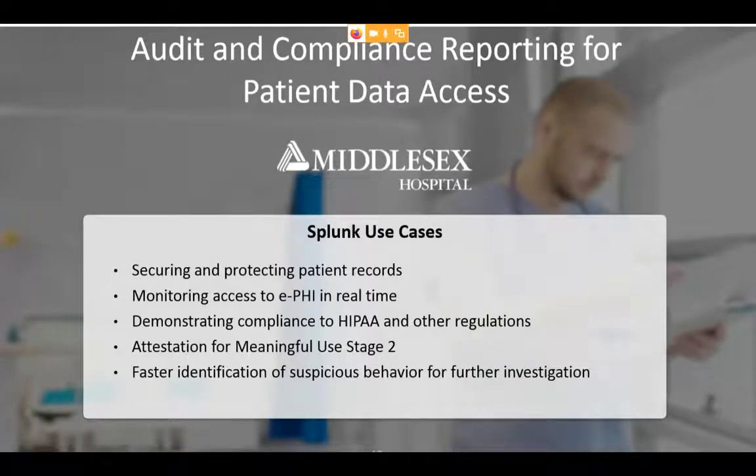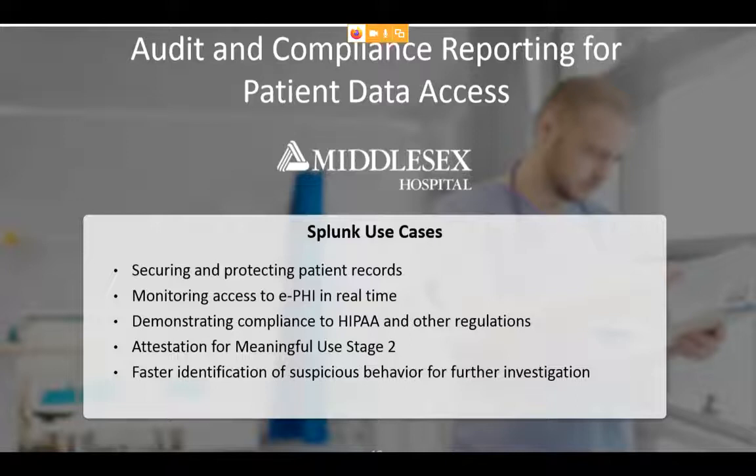And this is another case study of Middlesex Hospital. They have recently released a press release. This is a leading US hospital giving secure electronic healthcare records and ensuring compliance. They are doing this completely with Splunk. This hospital is in Connecticut,